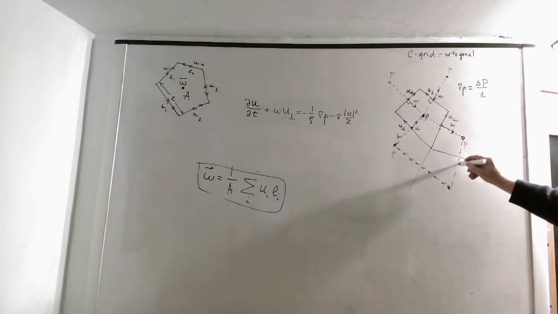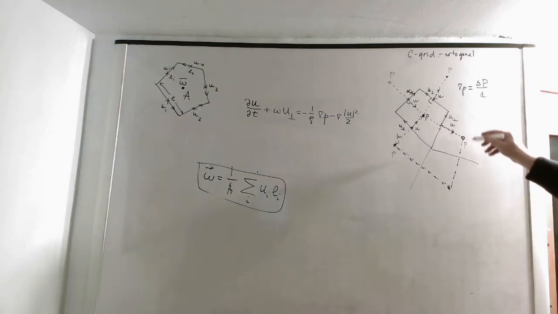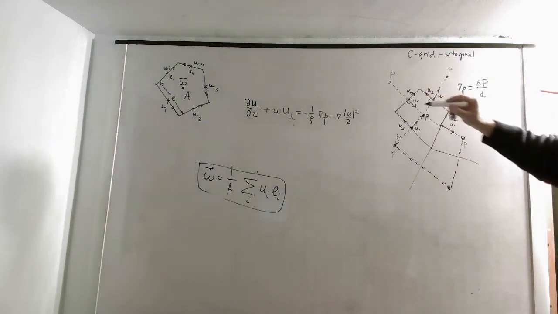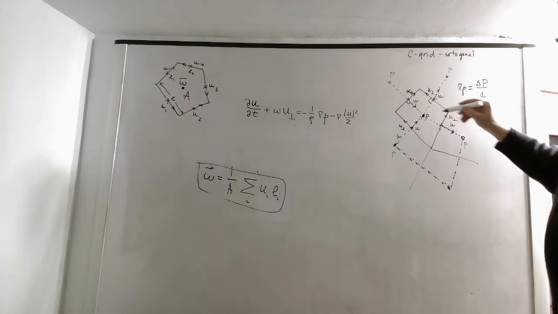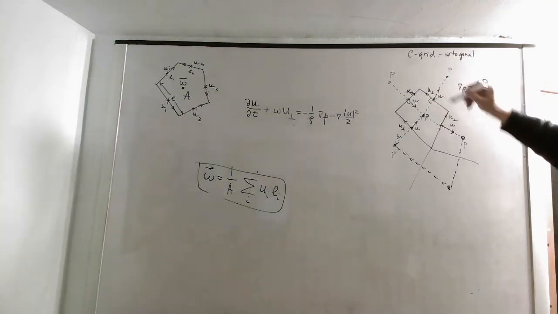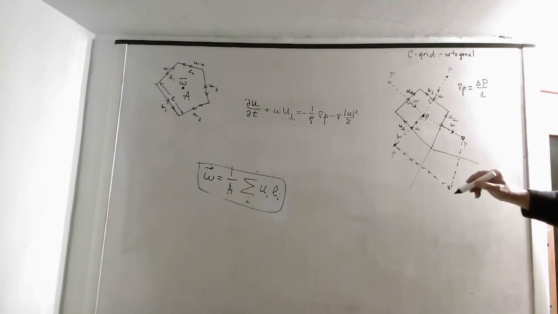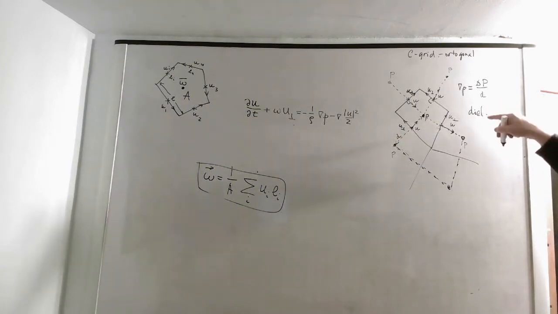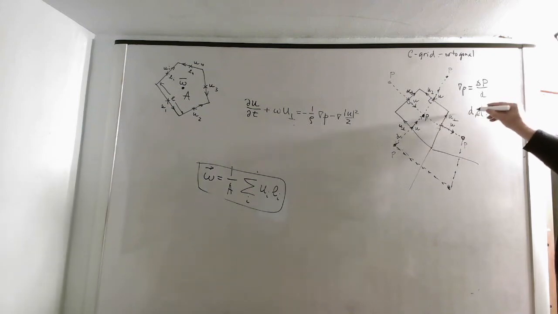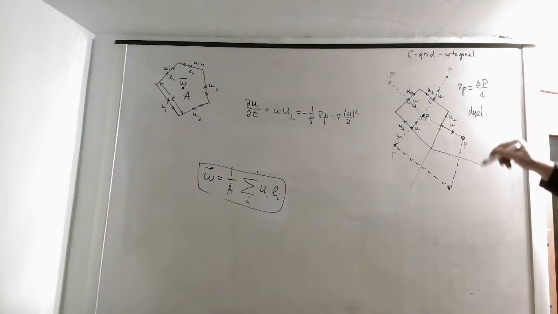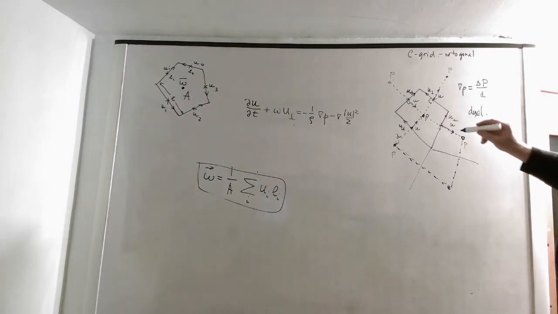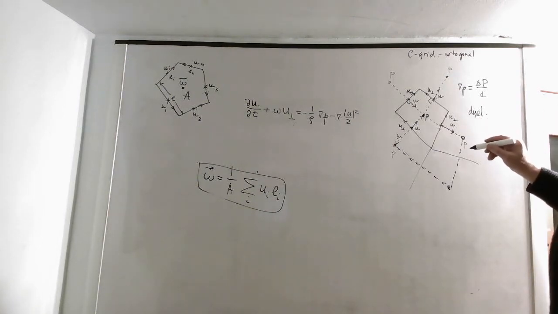These dashed lines are this grid, and there is this grid, solid lines. So this is your primary grid, and this is its so-called dual grid. So this is your dual grid, and basically, in order to